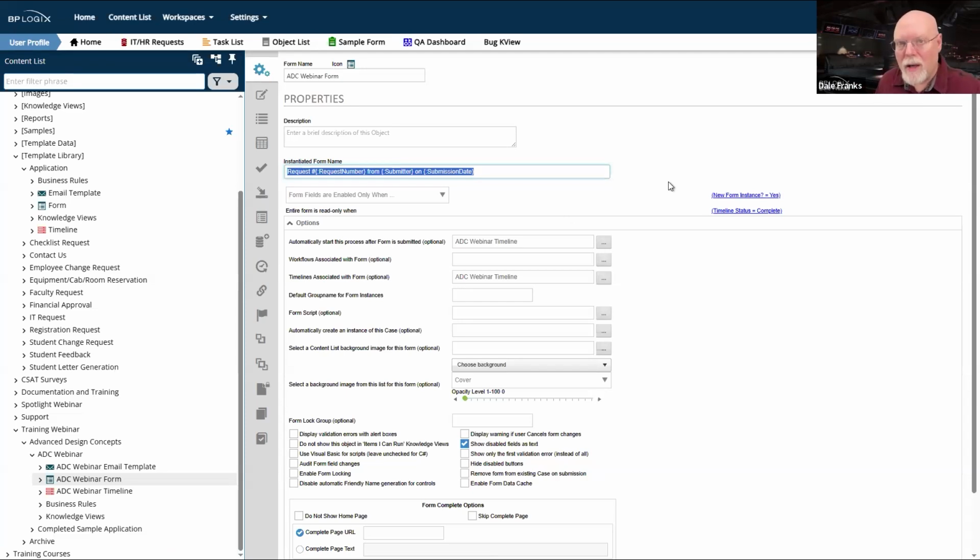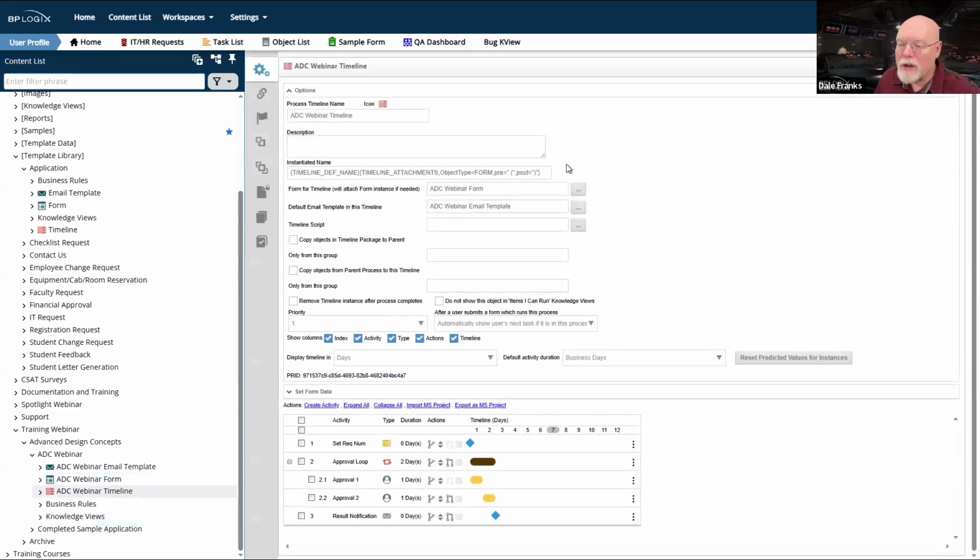So by giving each instance a unique name, especially on the form, because for end users, most of the time, almost all of the time, you are returning form instances in your knowledge views, you want your form instance names to be very obvious and very logical as to what they are, and to also have a unique value, which is why we have that request number, so that users can find specific requests very quickly, because the sequence number or the request number is unique.